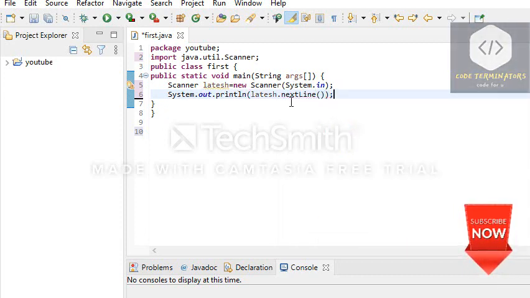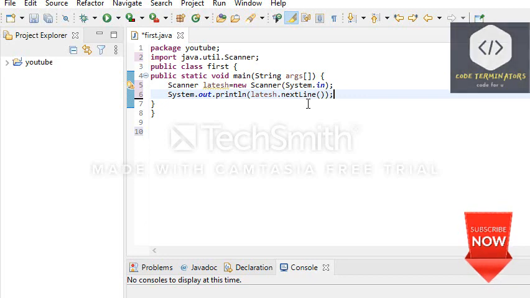Here, what is the role of next line? It gives a line for our output. Okay,